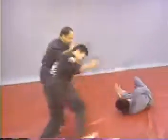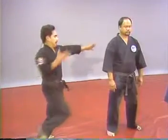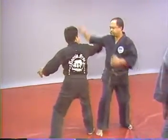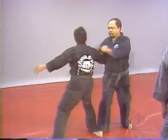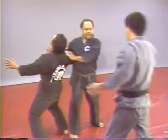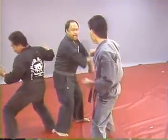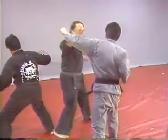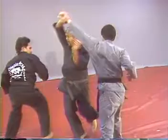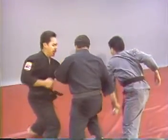Now, a new technique. The assailants are coming at the side and one to the front. As he tries to grab, he strikes the throat of the first assailant, slaps the kick down of the second, blocks the punch, comes underneath the punch, gets to the side of the opponent,